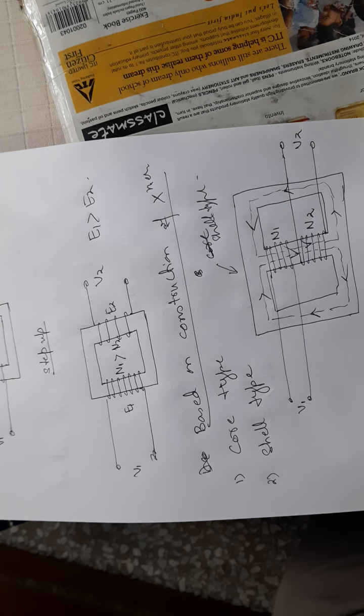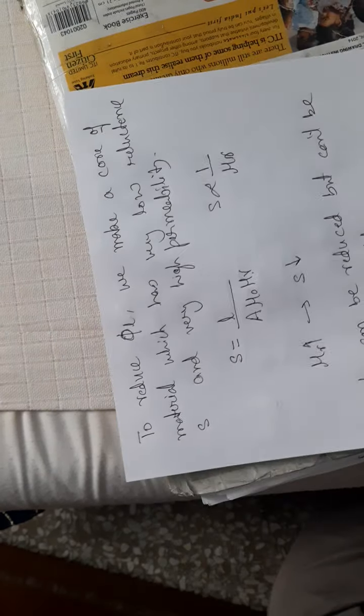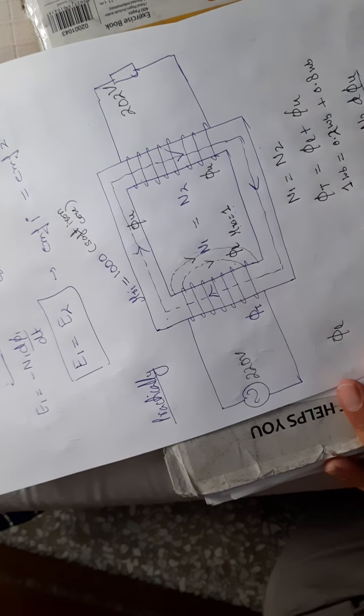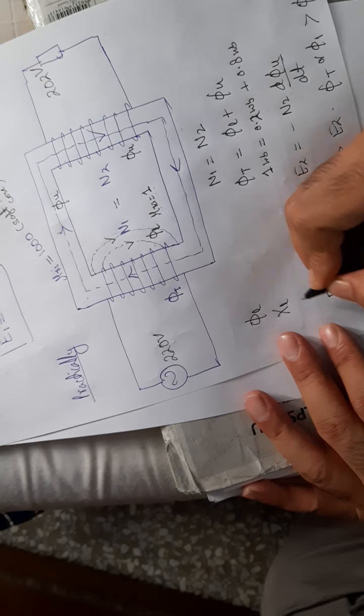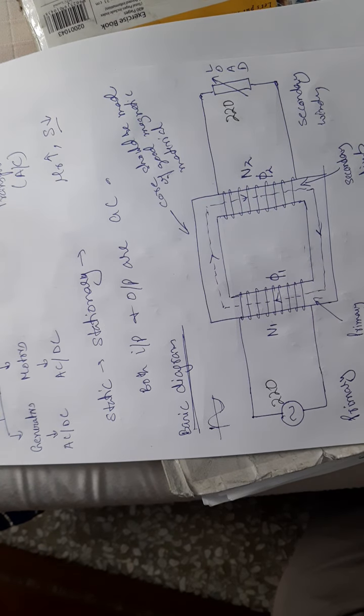I think that is enough for today. In the next class, I showed you what is the practical transformer and what is the actual transformer. In the practical transformer, we said that there is some leakage flux, and that leakage flux will be represented by some reactance XL in the circuit. This XL is a fictitious reactance. However, in the ideal case, we say that there is no leakage in the system, so that phi 1 is equal to phi 2. That is all for today's lecture.